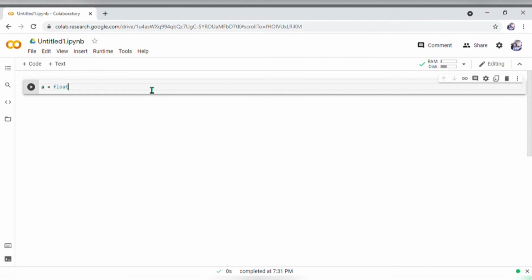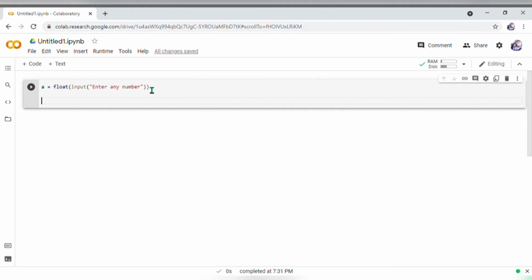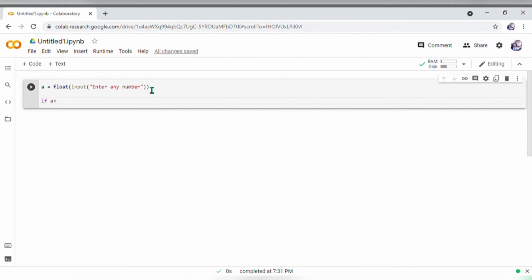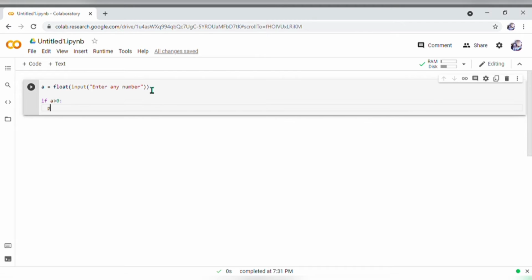To check if a number is positive or negative, we have to use if-else condition. And in if condition, we will give a condition that if a is greater than 0, then in the printf statement, we will write